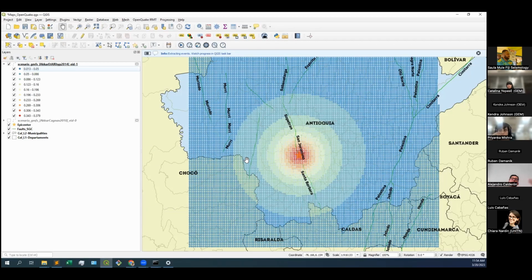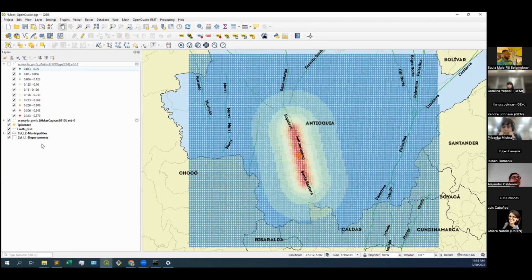So in terms of how much acceleration they are predicting close to the source, it's similar, right? 0.34, 0.38, close to the source they're giving me similar predictions. The thing is that this one considers my distance to the source as the distance between the point and the hypocenter, so you can see that the spatial distribution of the ground shaking is very different. All distances are pointing towards that single point, the hypocenter,